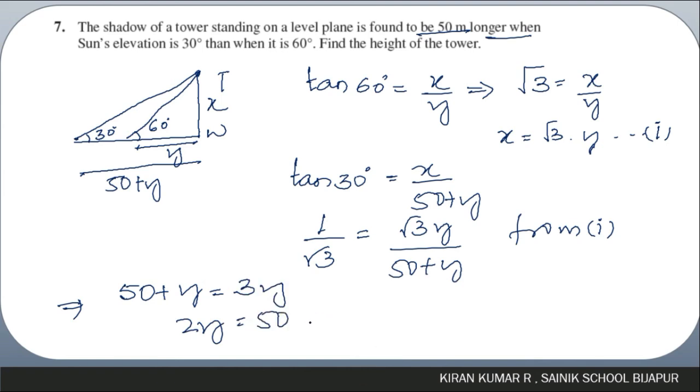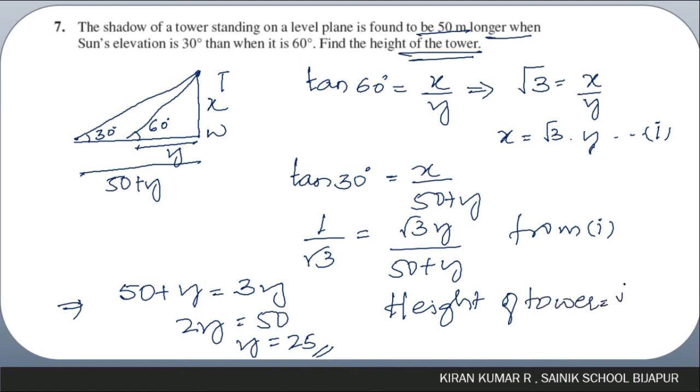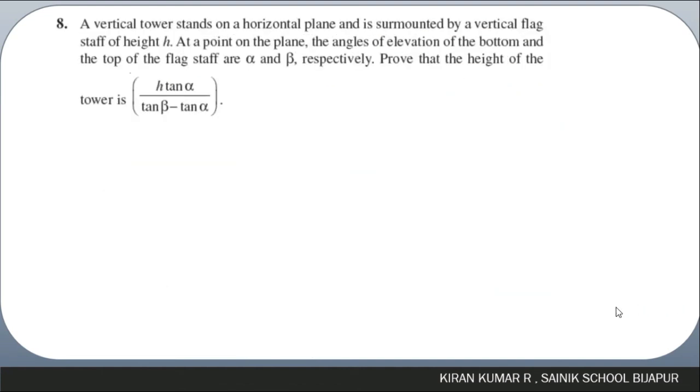So the value of y is 25. They have asked us to find the height of the tower, so the height of the tower will be equal to root 3 times y, which is 25 root 3 meters. Let me consider one more question as the last question for today's session. This is a bit trickier one. A vertical tower stands on a horizontal plane and is surmounted by a